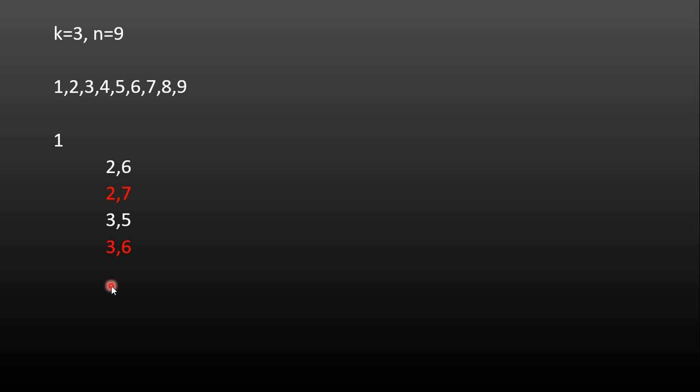So I have to now go with the next digit for the first number, which is 2. So I'll check again for the combinations, keeping 2 constant. I'll move with the second number as 3 and so on. So I'll find 3 and 4. That is the next combination, right? So that way I have to move forward. So if you see, what we are doing here is I'm keeping one constant.